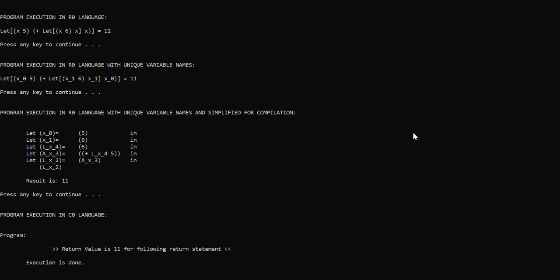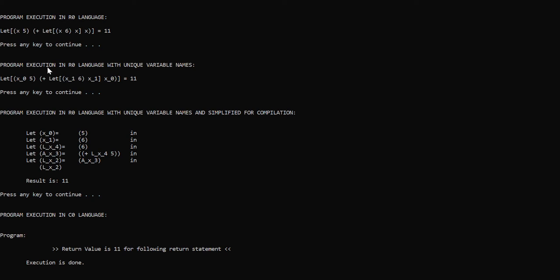So to start off, once we ran the code, the first thing that was printed out was the program version in R0 language with the appropriate result for it. This is a bit of tricky code, because it has a let inside, and then a let inside a let, and they have the same variable names, so it creates a danger of a potential problem. Okay, so once we see that it runs well,